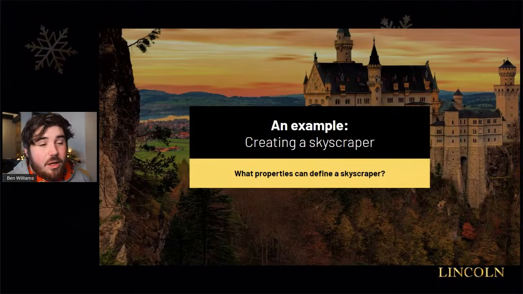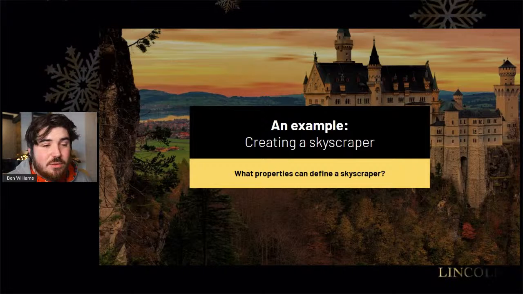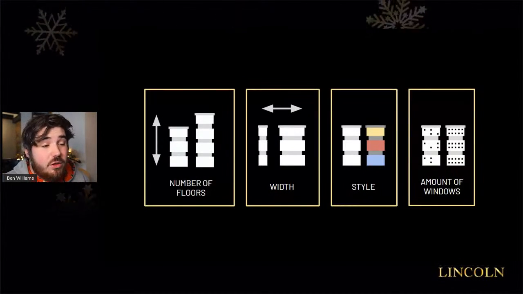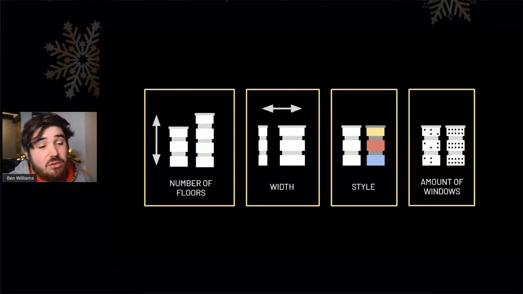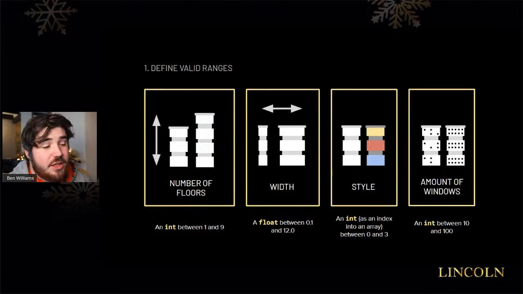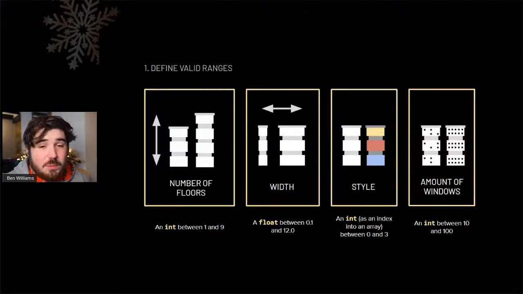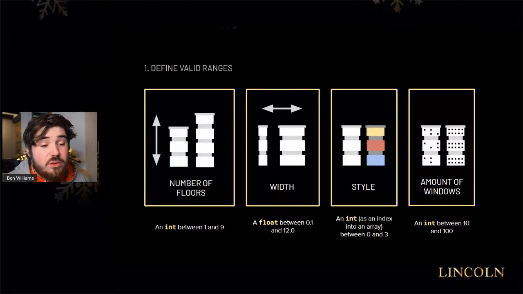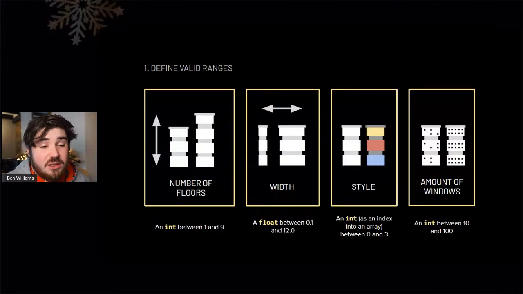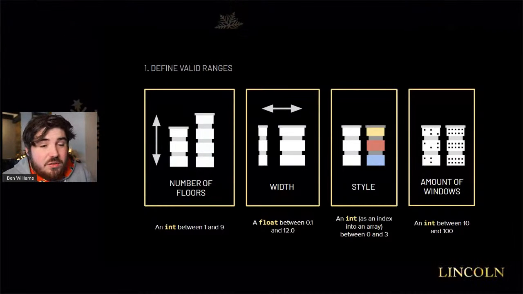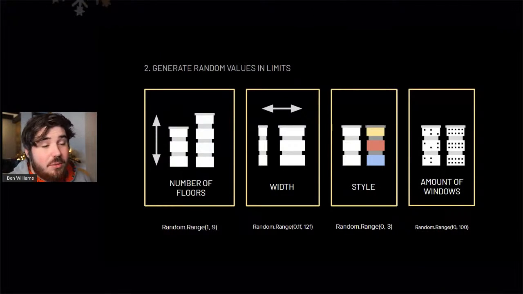As an example, if we were to create a skyscraper, and this is where we get into PCG, procedural content generation, what properties can define a skyscraper? I've picked out 4 here. We've got maybe a number of floors, the width of the building itself, maybe the style, and the amount of windows. If we define the valid ranges for these, we can say that the number of floors will always be between 1 and 9, and that the width will be between 0.1 and 12. Style, we can use some kind of index into an array, and an amount of windows between 10 and 100. So if we define those valid ranges, and then using random.range or whatever, we can generate random values within those limits,